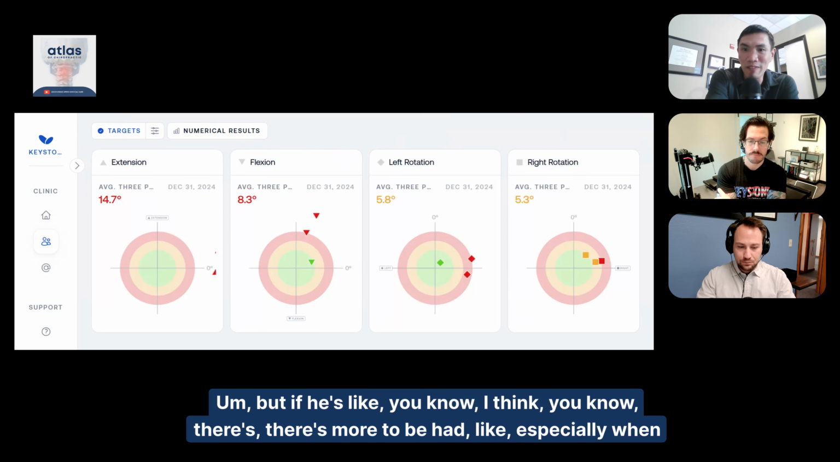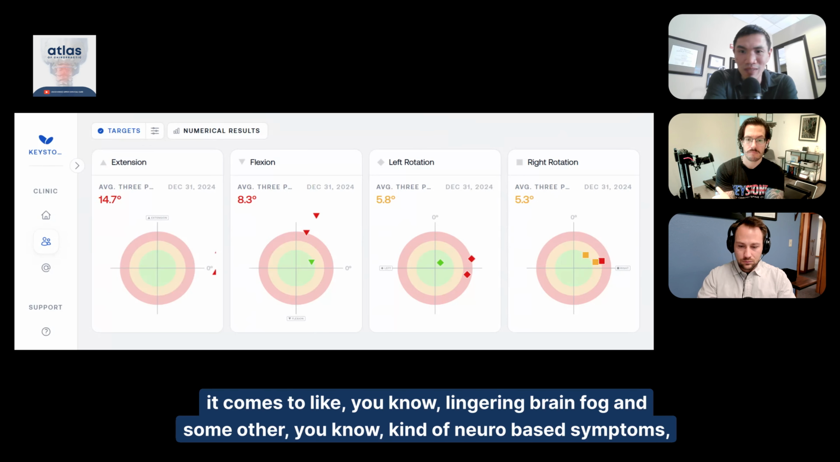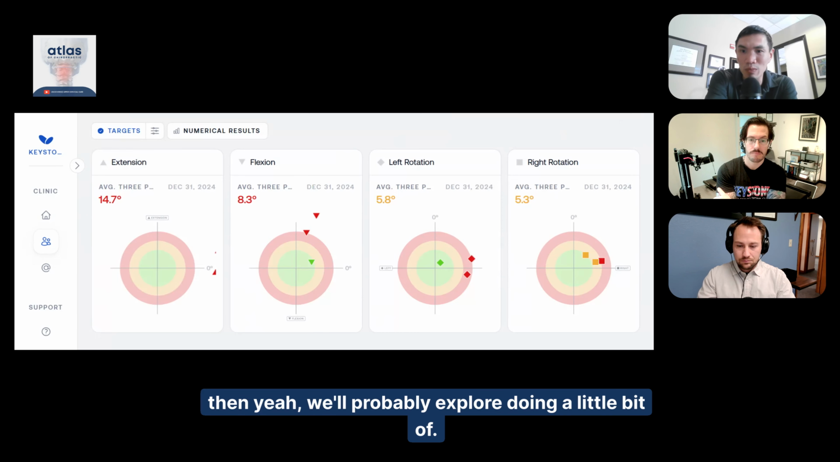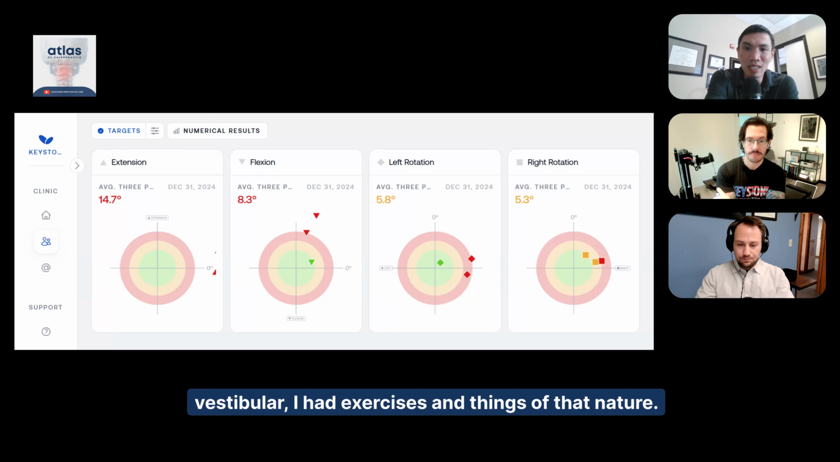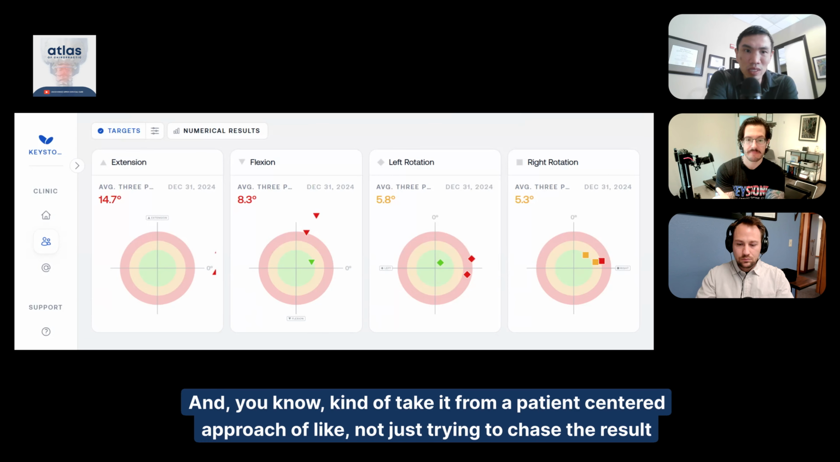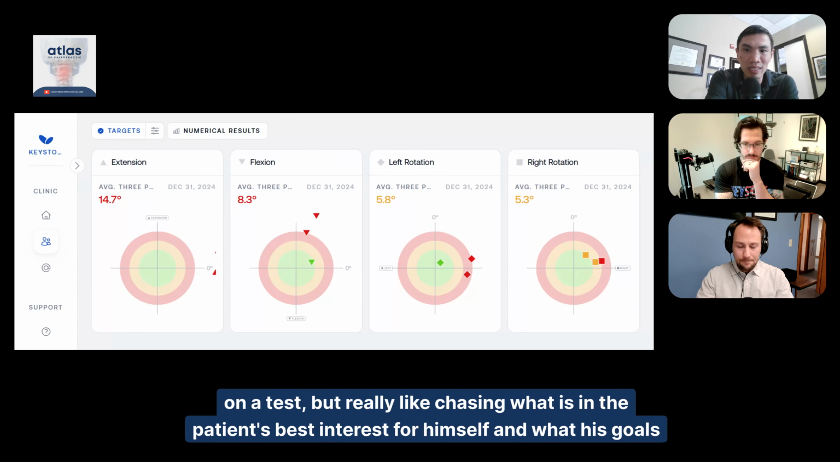But if he's like, I think there's more to be had, especially when it comes to lingering brain fog and some other neuro-based symptoms, then we'll probably explore doing a little bit of vestibular eye-head exercises and things of that nature. And take it from a patient-centered approach of not just trying to chase the result on a test, but